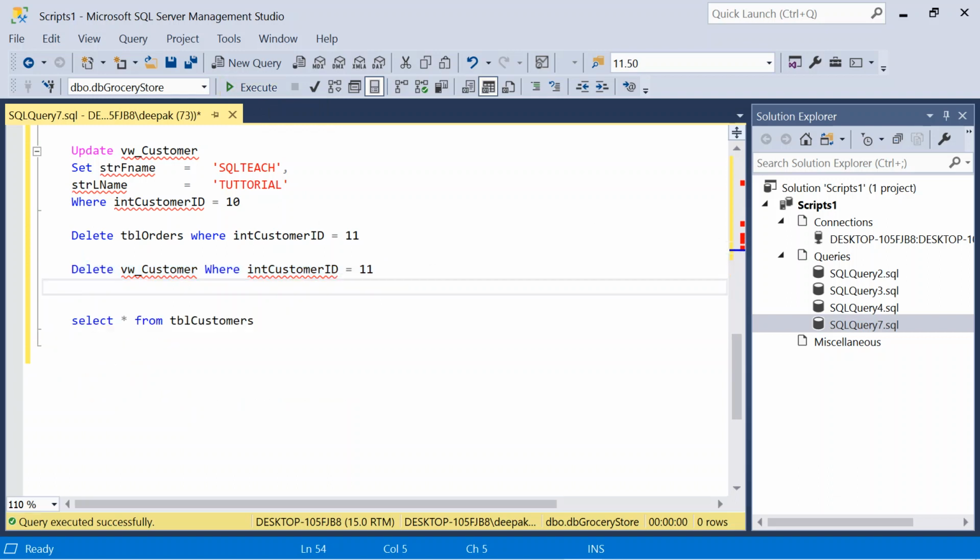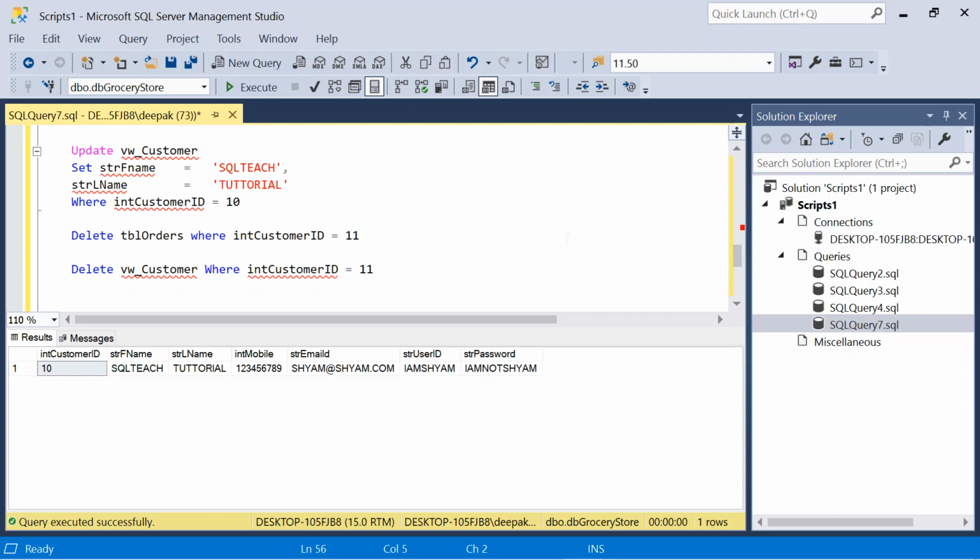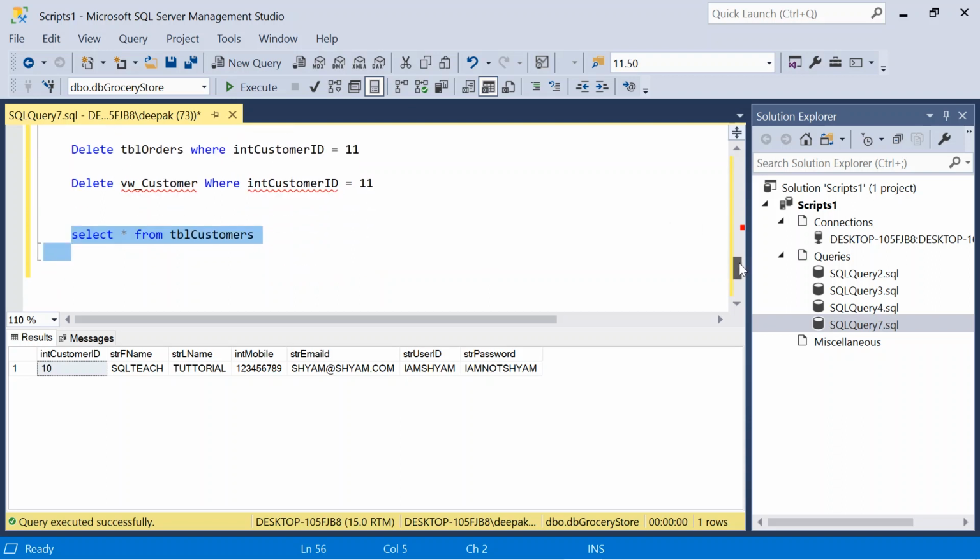The record is deleted using the view. As you can see, only the customer with customer ID 10 is available. The rest of the records have been deleted.